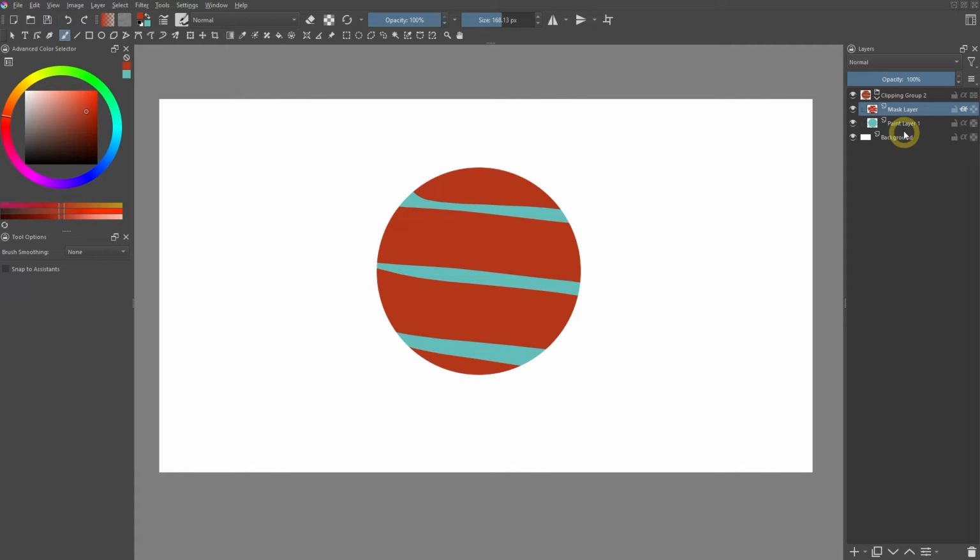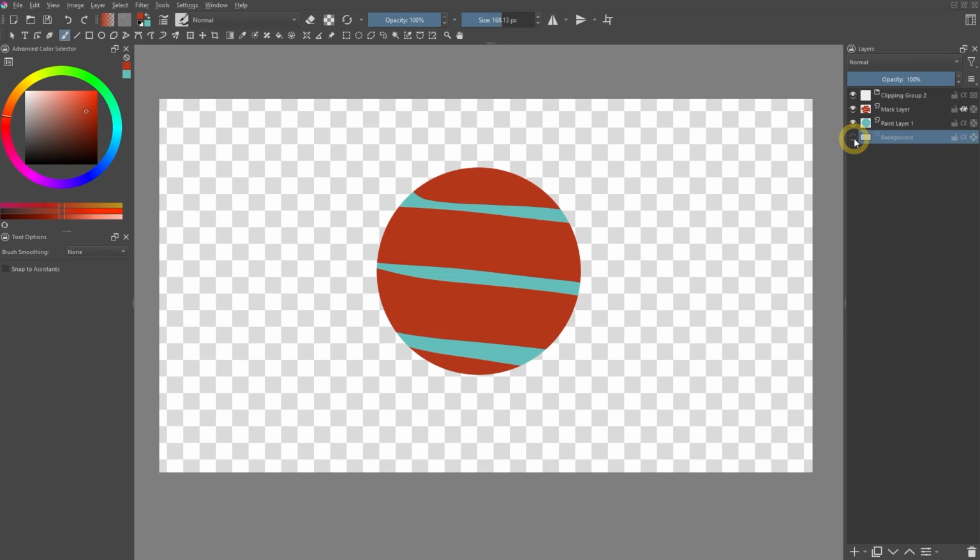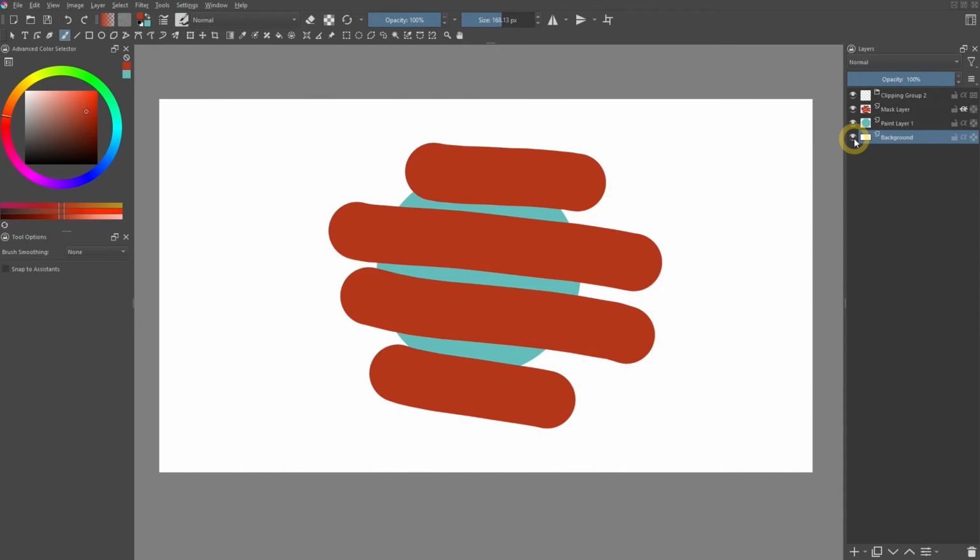For example, if we take out these two layers from the group, it seems that the inherit alpha stops working. Why? This is because of the background layer. This layer contains a solid white color, not transparent. Because it is now at the same level and below the other layers, it also affects the alpha state of the layers above it that have the inherit alpha feature turned on.